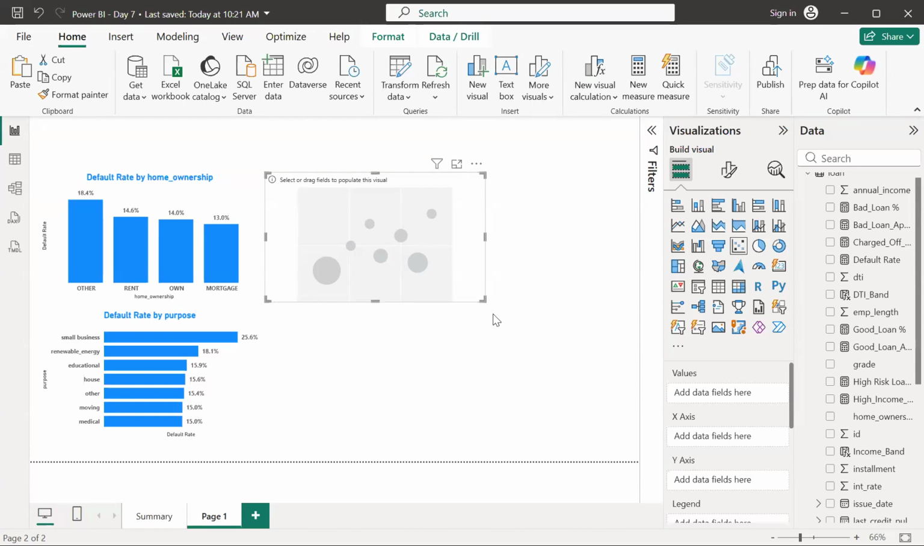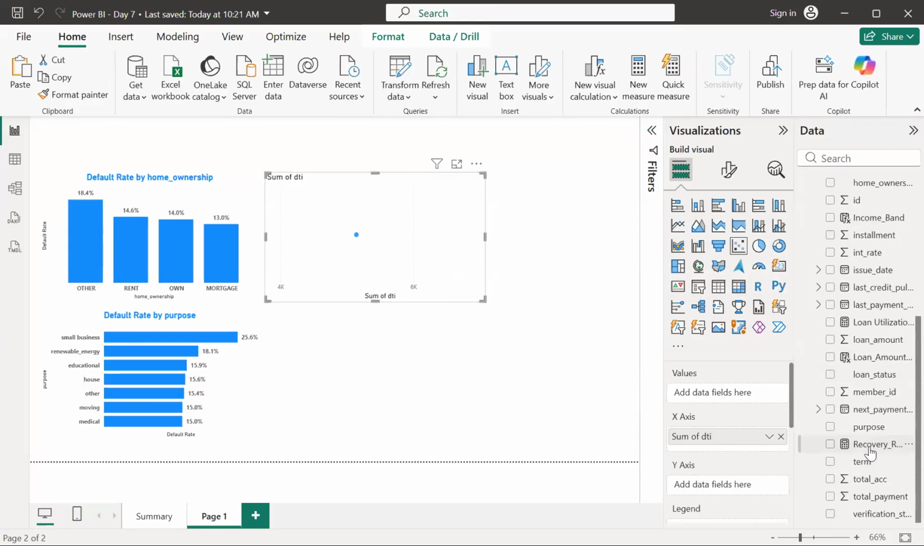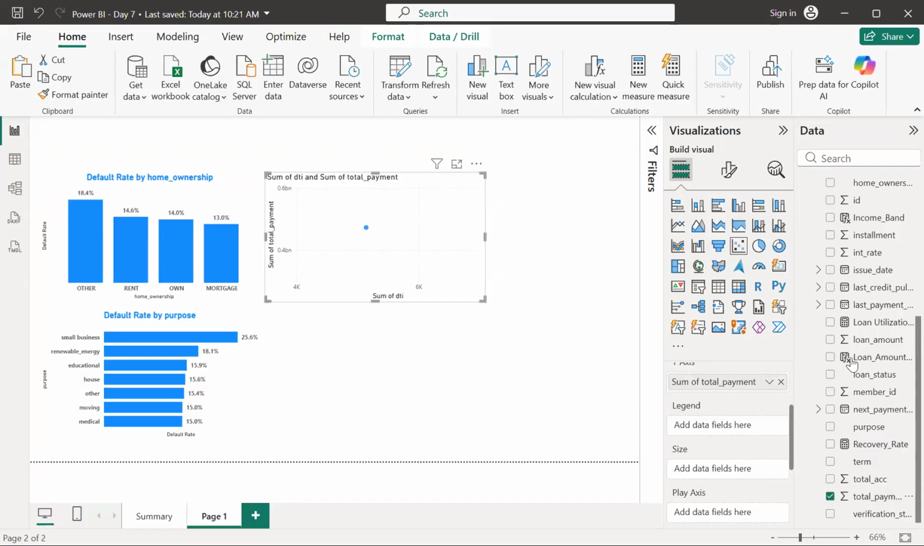So we can analyze, guys, the GTI versus the default analysis. Okay, so what I will do, I will take GTI onto the x-axis, not the band, but the GTI value. Okay, onto the x-axis, and the total payment, guys, onto the y-axis. Okay, so the total payment, this is what we can take onto the y-axis. Okay, after this, guys,